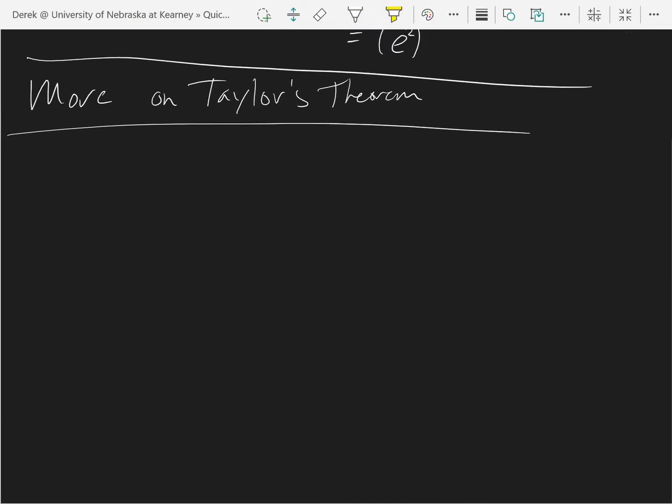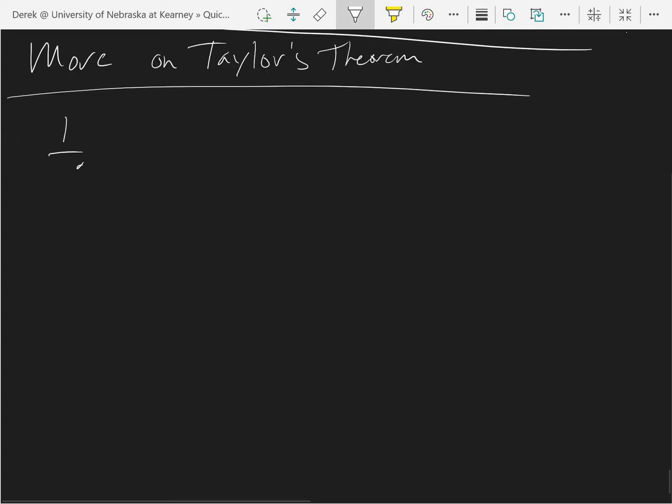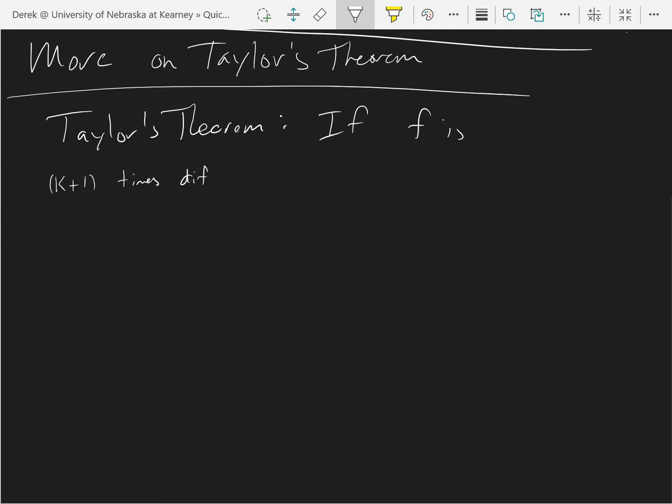Okay, let's talk a little bit more about Taylor's theorem. So let's recall from chapter 5 that Taylor's theorem says if we have a function f that is k times differentiable, say k plus 1 times differentiable, at a, then